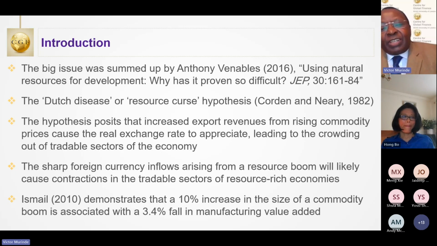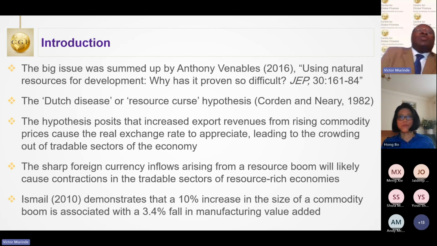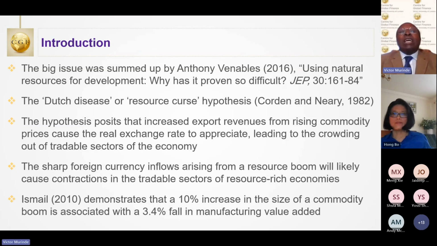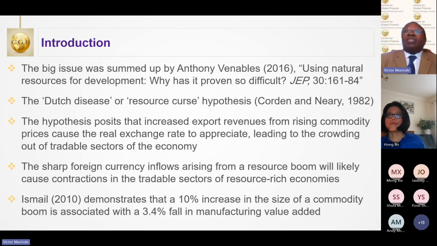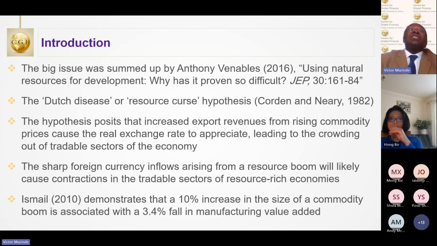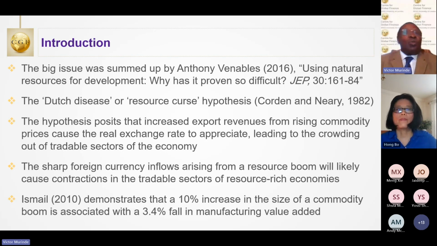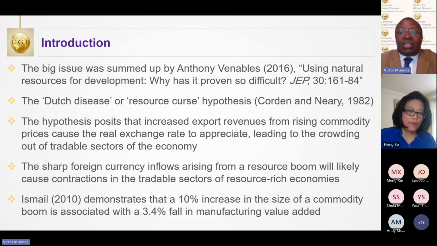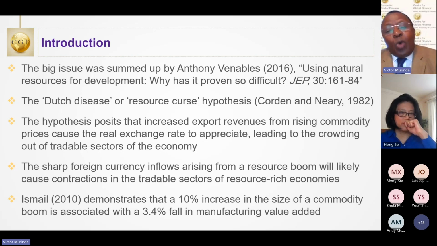Why is it really so difficult that countries rejoice when they discover oil and other natural resources, but 10 years down the road, development has not fundamentally changed, and transformation is still eluding those countries? And we can get many countries from across the world, from Africa, from Asia, from Latin America, where natural resources are not necessarily leading to development. Why is it so difficult? And so that paper is